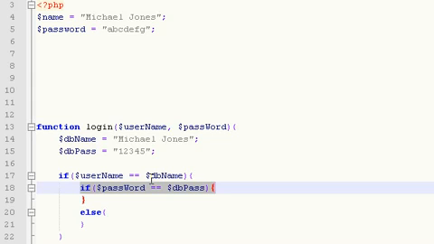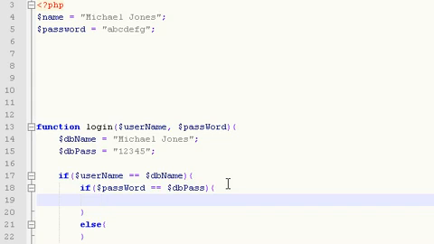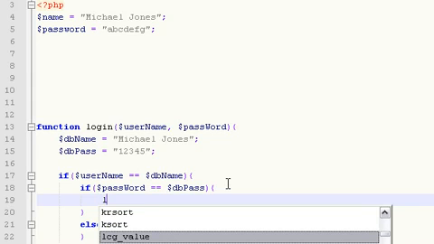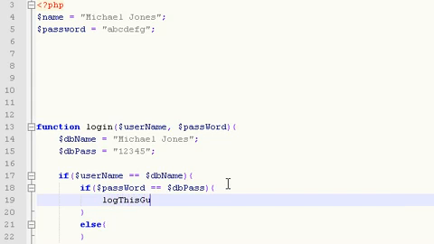So if password equals database name, then we don't have a function right now that's named this, but let's just pretend that we do. We would have a function that we could create named log this guy in, and maybe that function would go through and set his cookie, set his session. We'll learn about all that later, but let's just say that will actually log the person in where they could see their account details,